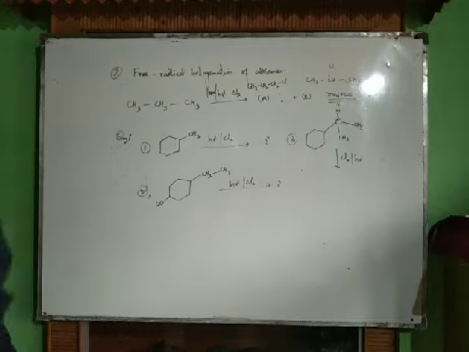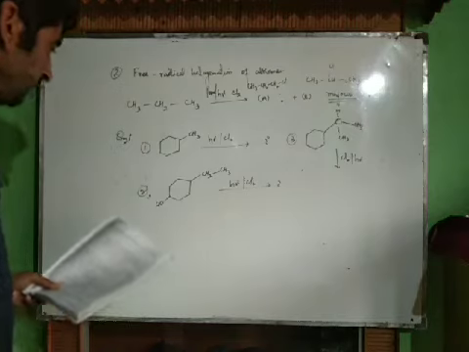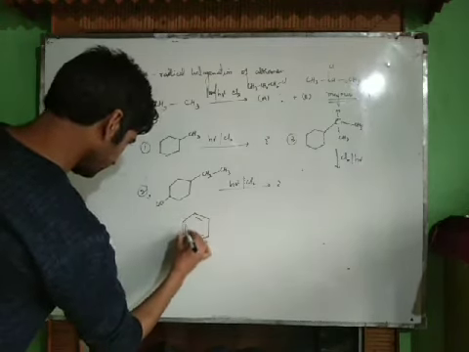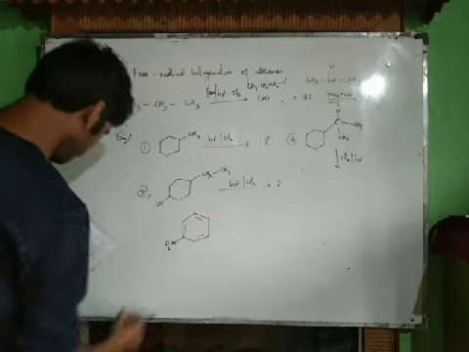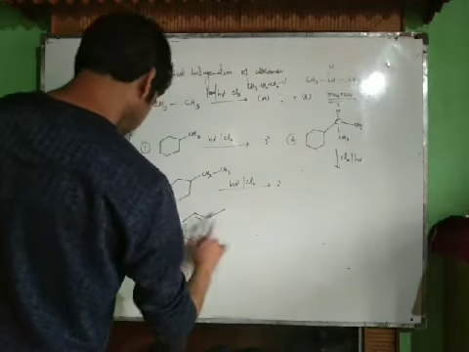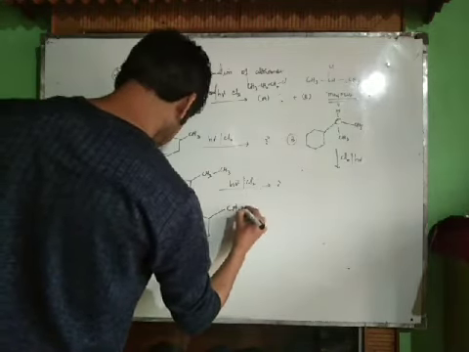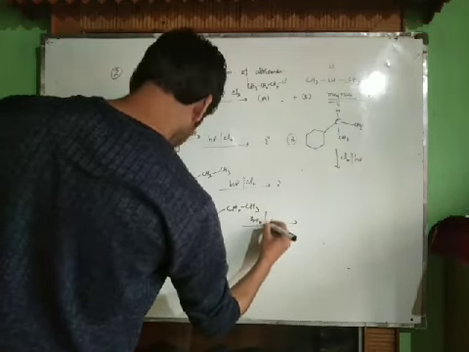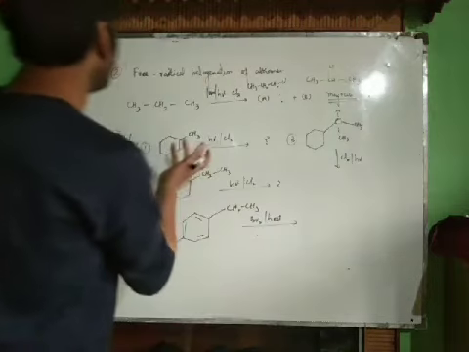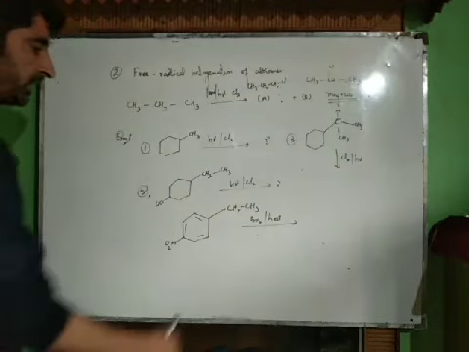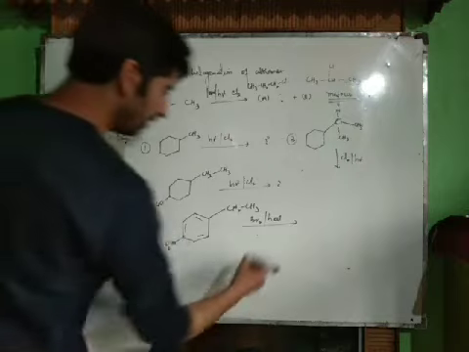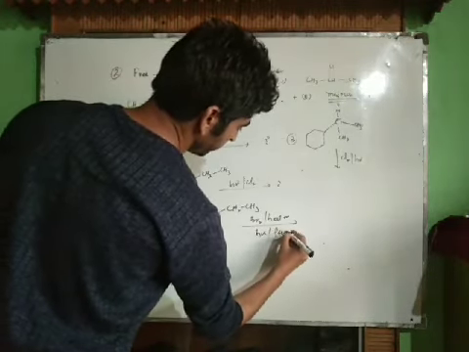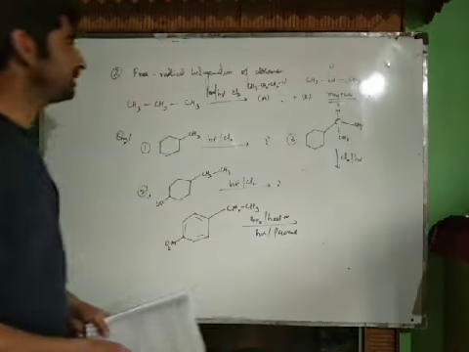There is one question which is shown in your textbook. I will write that question as well. This is a nitro group, and at the para position to this nitro group we have CH2, CH3. We are treating it with Br2 in presence of heat. At very high temperature, free radicals are also generated. That's why heat is given over here. Or you are given H nu or peroxide. Now predict the product of the reaction. This is homework for you.